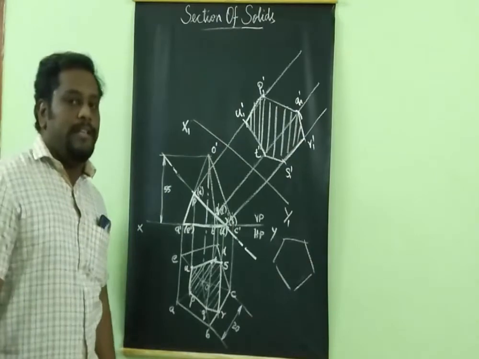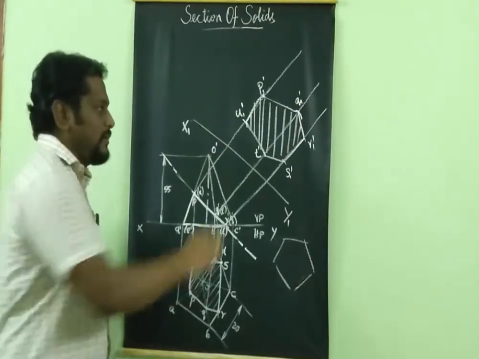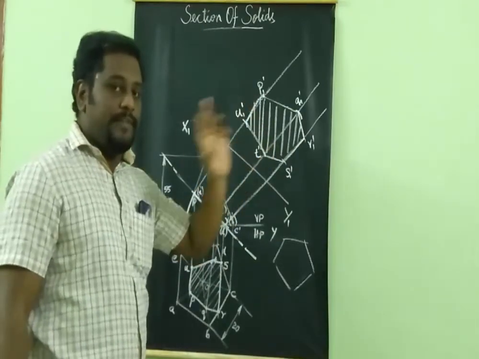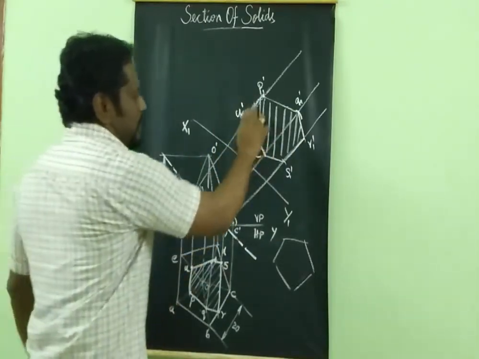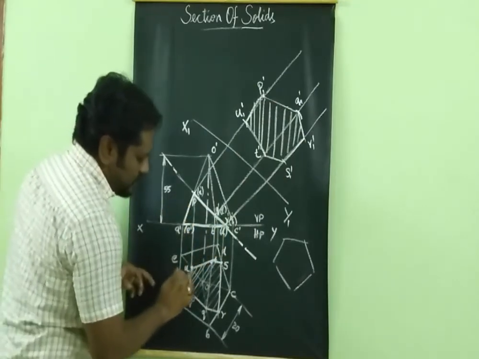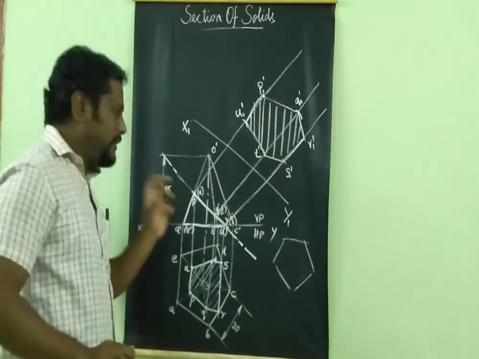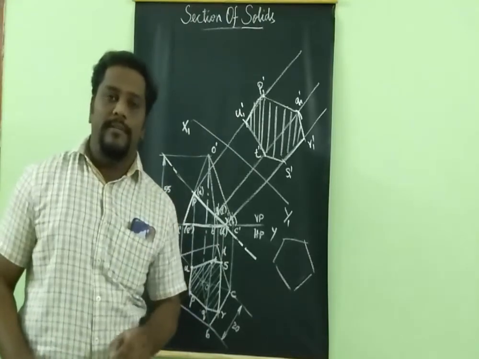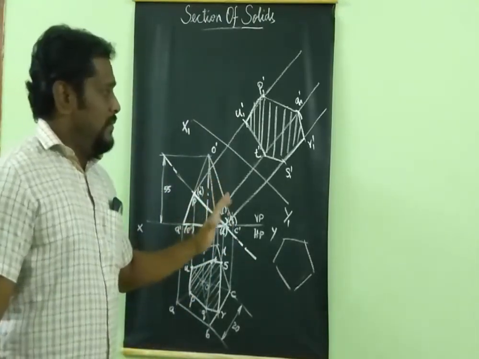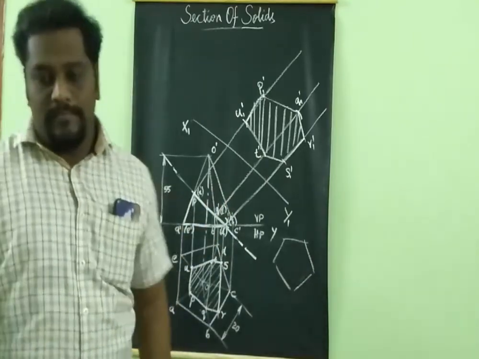Okay. The only thing you have to draw with the H pencil is this true shape. This hatching must be with a 2H pencil. This true shape outside, this front sectional view outline and this top sectional view outline, these are the only things you have to draw with the H pencil, that is thick lines. Right? Go to your next problem.